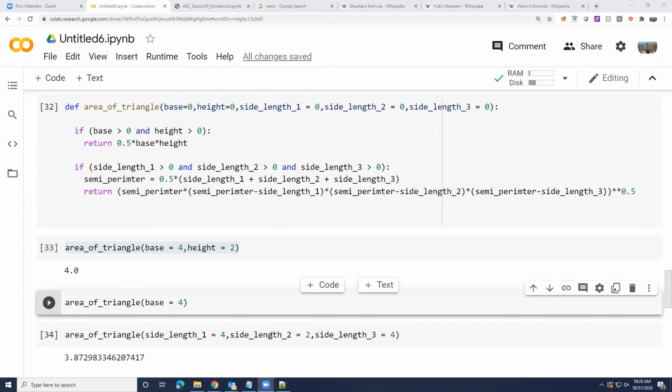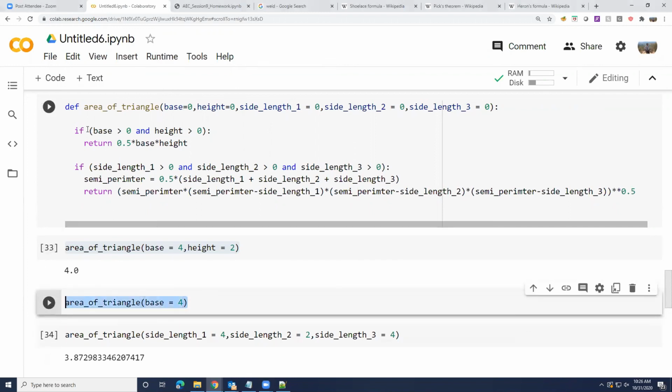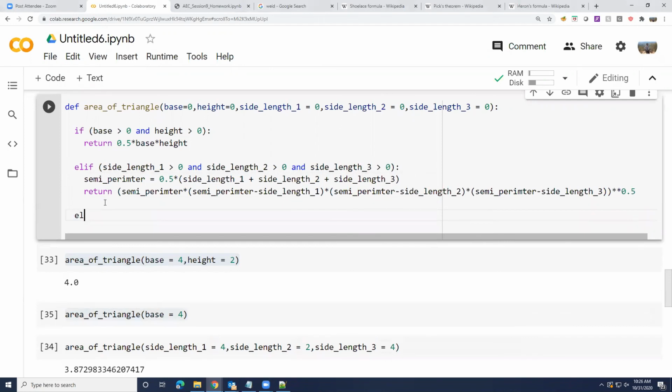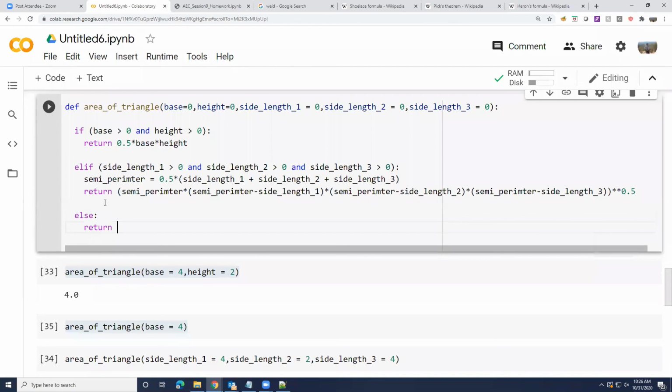Yeah, nothing, right? It wouldn't give anything because I was checking specifically to make sure that these two are not their default values, or these three are not their default values. In fact, I can even say in the same else, return nothing.